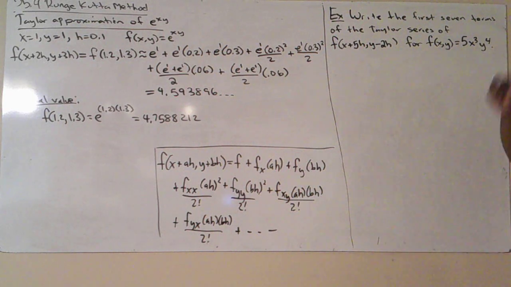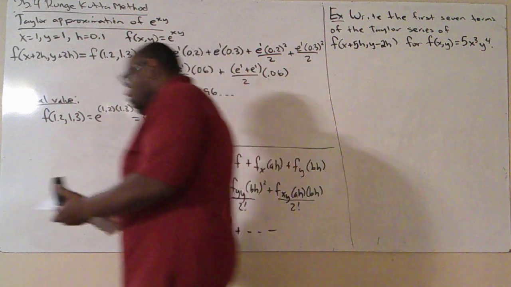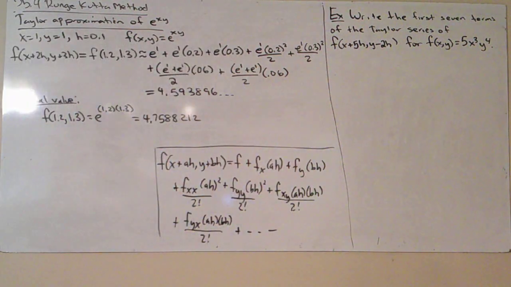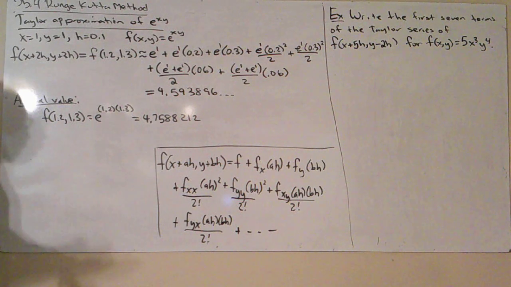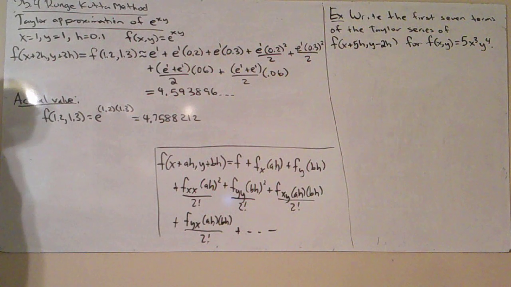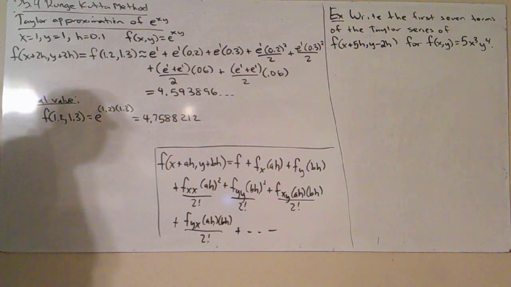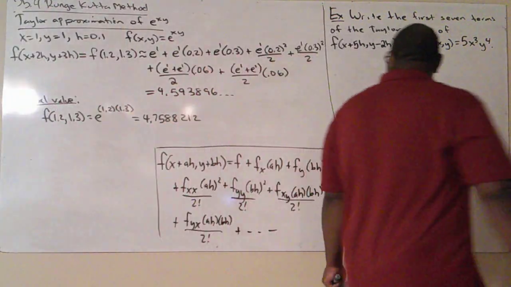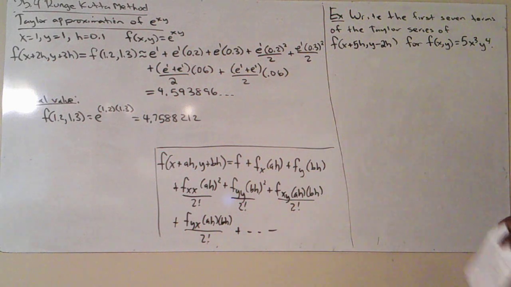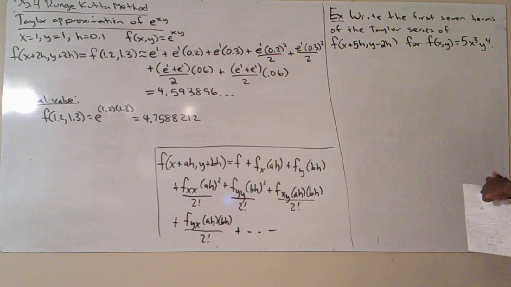So let's just do one more example because I'm going to have you guys do some of these in your homework, so I want to make sure that you know how to do it. So a couple examples in your notes so you can have it. Okay, let's look at this. So I want to write the first 7 terms of the Taylor series of f of x plus 5h, y minus 2h for f of x, y equal to 5x cubed times y to the 4th. So again, the first thing we need to do